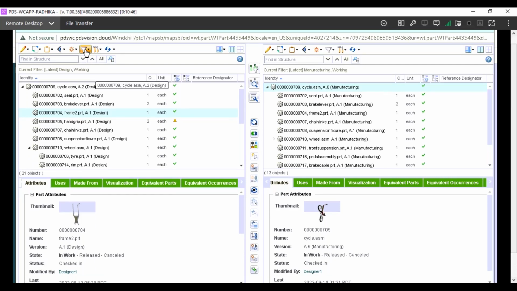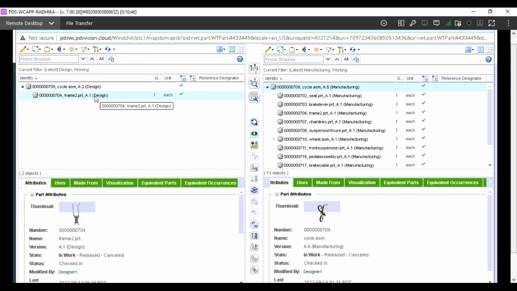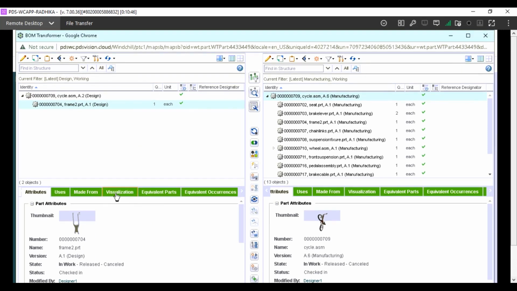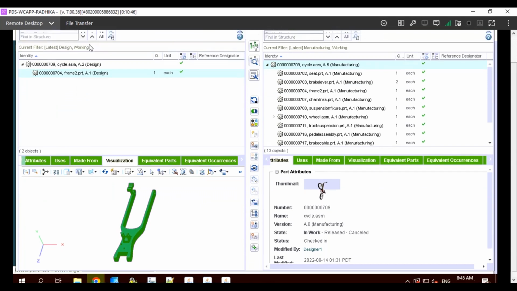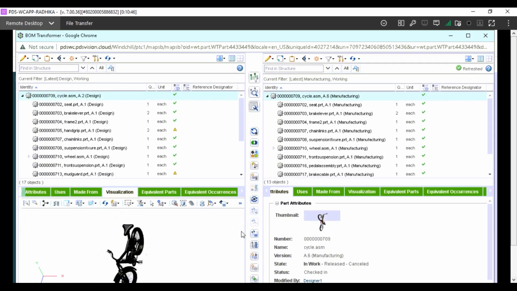And also, let me go to one of the options here. If you apply a path filter to that, you will be able to see only that component. If you want to work only on that component, you can apply the path filter over there, and in the visualizations tab also, you will see only that particular component. If I remove this path filter again, we are back to the structure, so you are able to see the entire